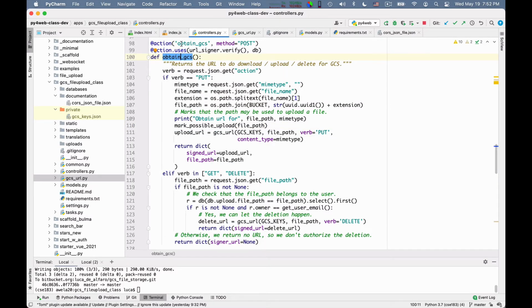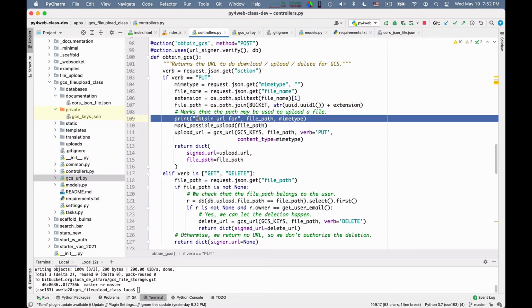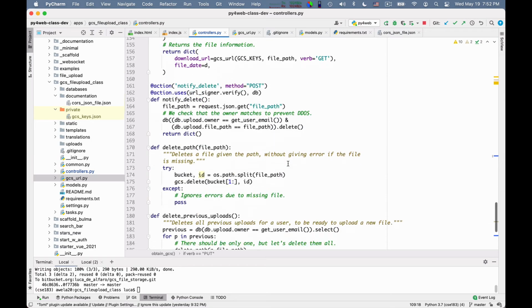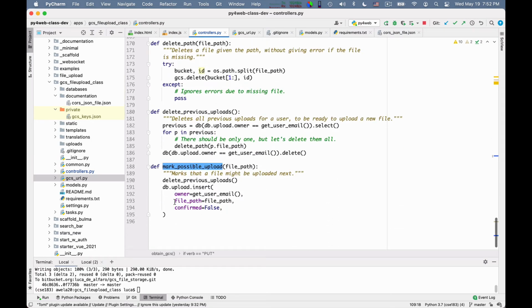So here is the code to obtain a Google Cloud Storage signed URL. This method will retrieve the MIME type, the file name, the extension, and the file path that you want to upload. It will print some diagnostic information. Actually, this I should remove it. I have already tested these. Then it will say mark possible upload of file path. What this does is that it inserts in the database the fact that you have a non-confirmed upload to that particular file path.